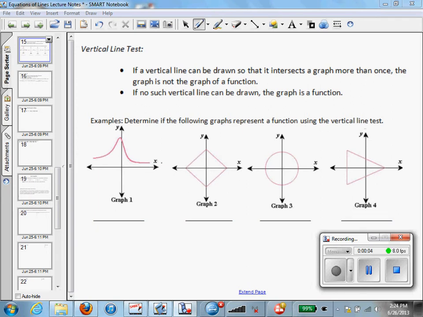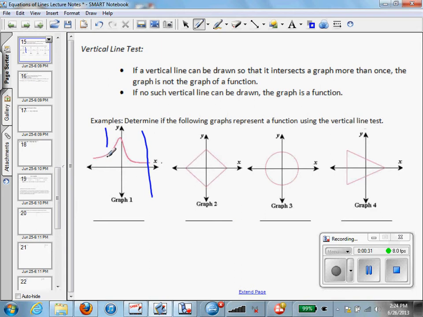The vertical line test draws a line that is vertical through any graphed image, and if it strikes more than once at any point on the graphed image, it is not a function. If no vertical line can be drawn that hits more than twice, it is a function. So if we are to test this,